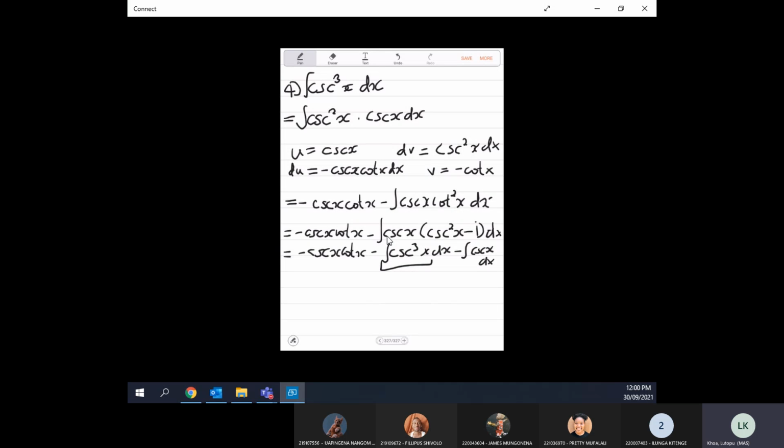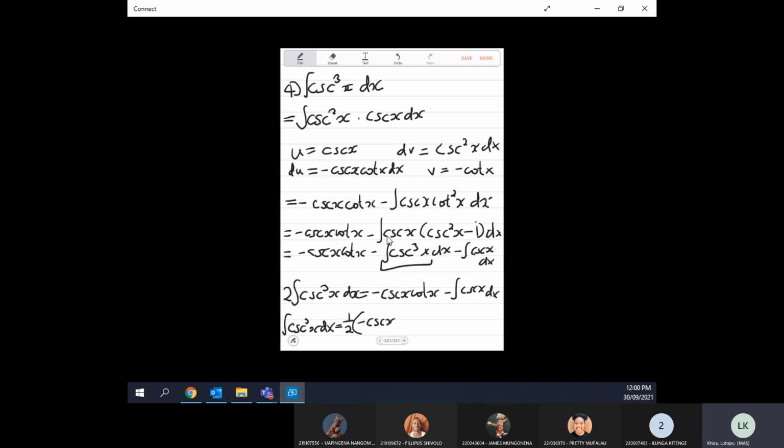I'm integrating cosec cubed of x on both sides, so I can collect them on one side, and then I have 2 times the integral of cosec cubed x dx. This is equal to minus cosec x cot x minus the integral of cosec x dx. So the integral of cosec cubed x dx, this is a half